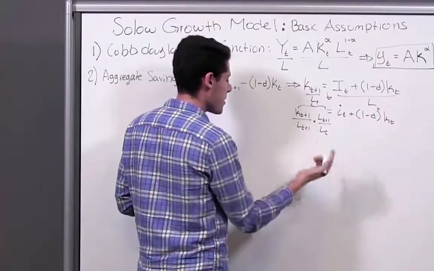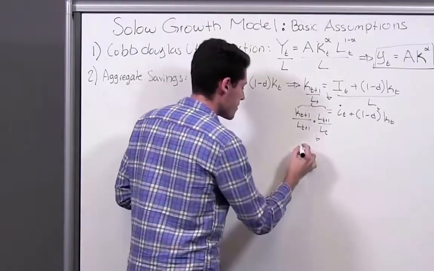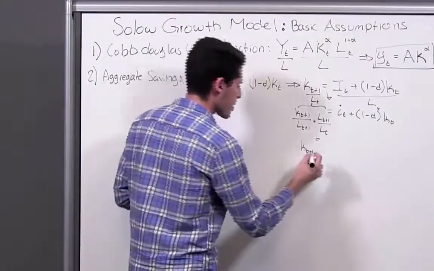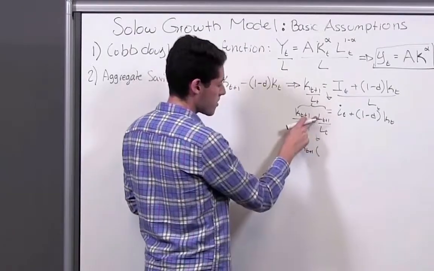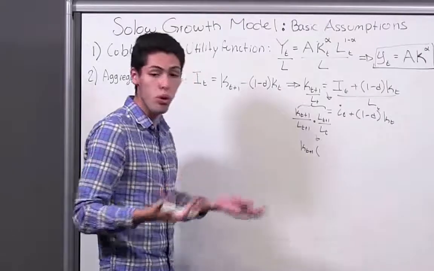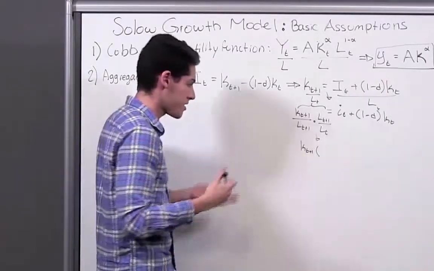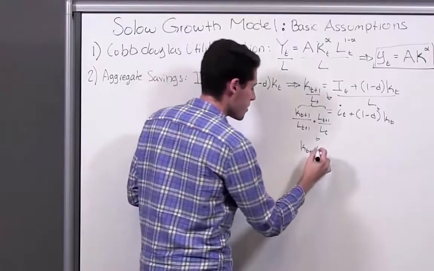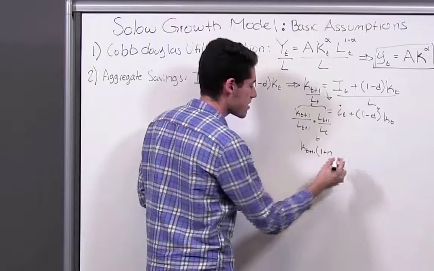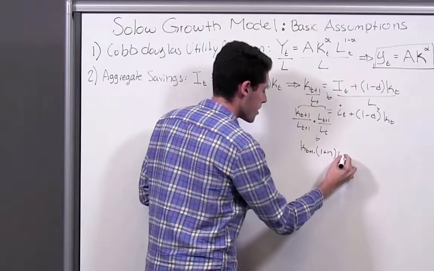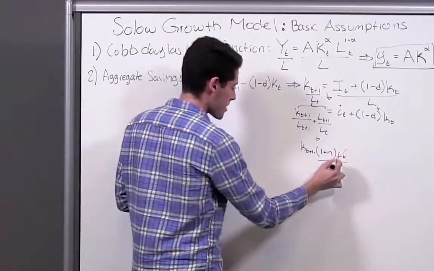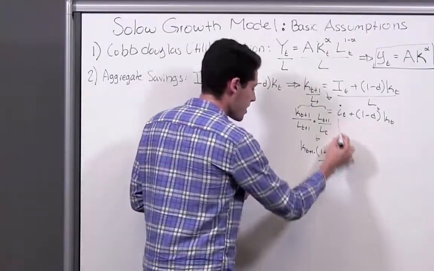So this right here is the equivalent of little capital in the future, right? Times, well, L, labor in the future, is just 1 plus the growth rate of the population times L in the current time period. So that's going to be times 1 plus n. We'll use n to signify the population growth rate of L_{t+1} over L_t. And so these can cancel themselves out, and we'll be left with